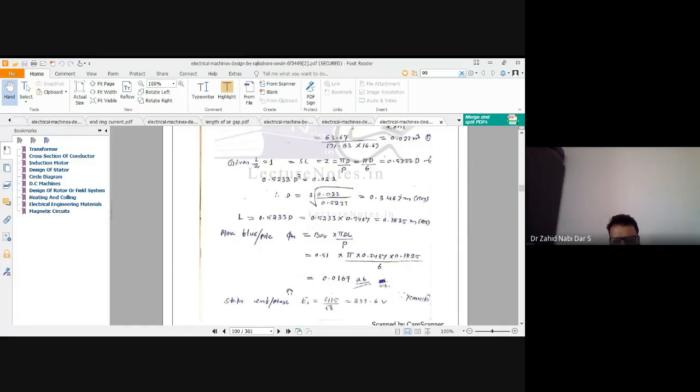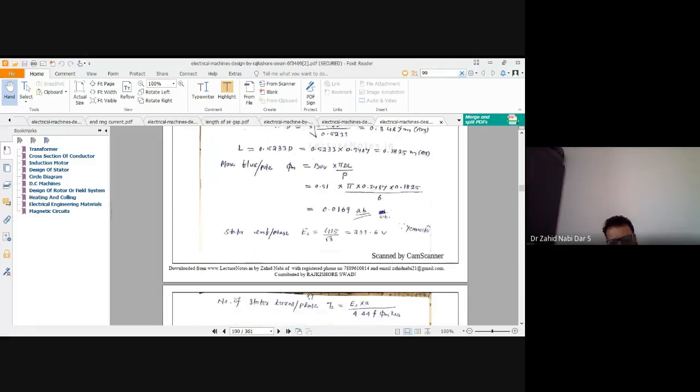So again, now it is star connected. Last time it was delta connected, so we had taken it as it is. But now you have to take the line voltage, because your E line would be equal to √3 E phase. So your E phase would be E line divided by √3, so this is 415 divided by √3. If this is delta, it would be the same, but now it's star, so you have to be careful here. These are the things you have to be very careful about when you are doing any problem.